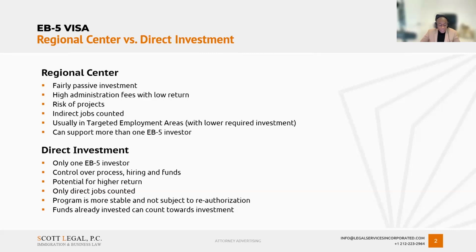Another important thing with respect to the direct program is that it created significant issues in 2021 when the program wasn't reauthorized. The regional center program wasn't reauthorized because that actually does require government reauthorization every once in a while, whereas the direct investment program is codified in statute. And even when the regional center program wasn't operating for almost a year and a half, or maybe even a little longer, the direct investment program was still able to function without any issue.